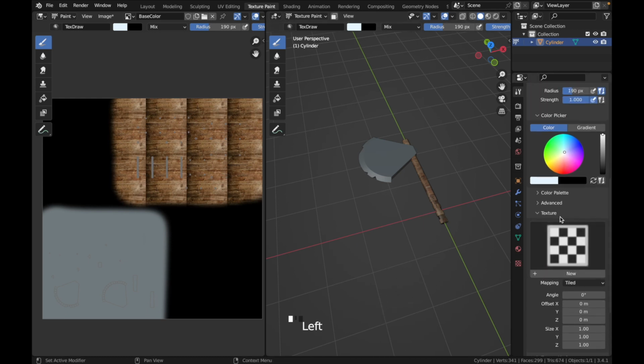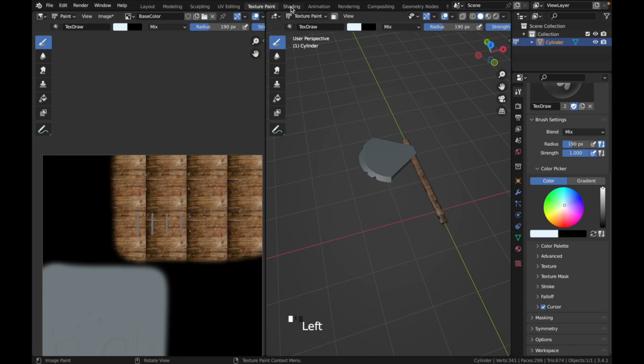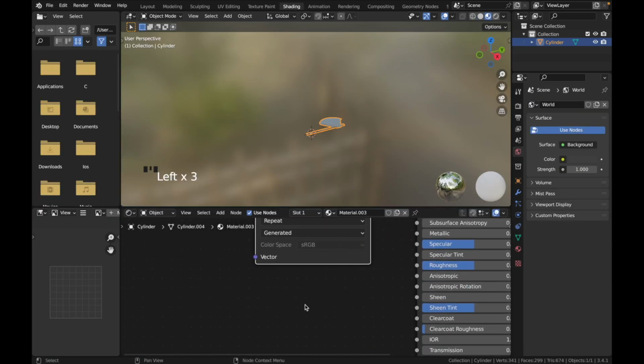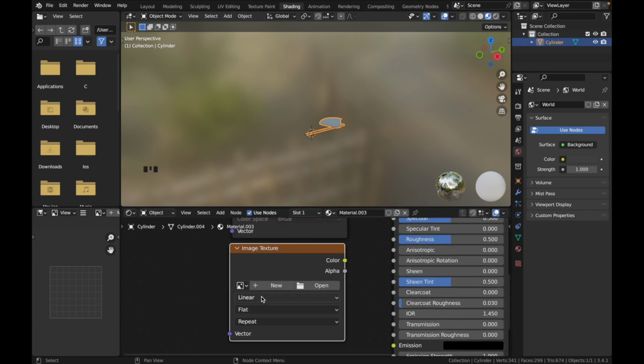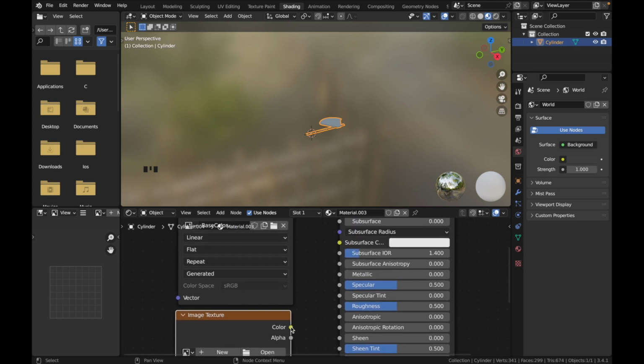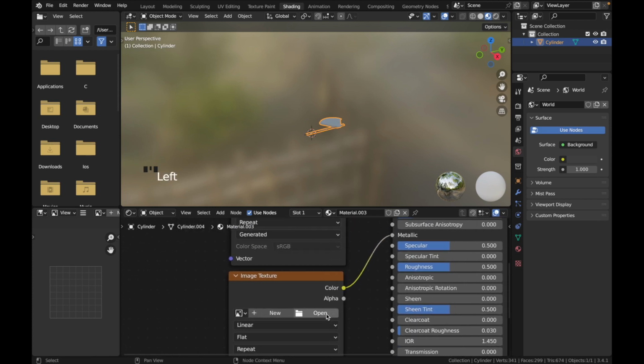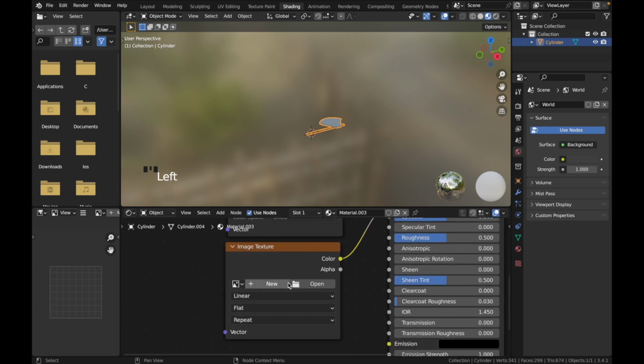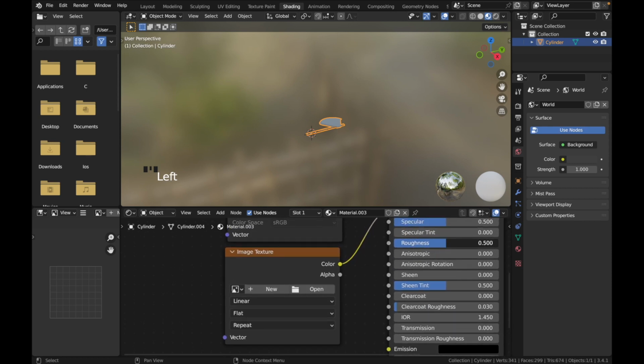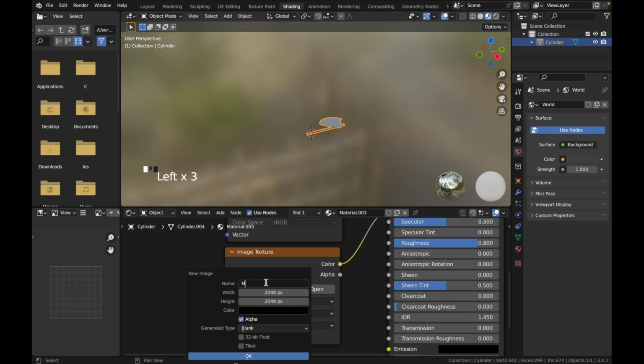Let's select this texture and close it. Go to shading window and shift A, search for image texture, and connect your color to metallic map and set the roughness to 0.8 and new texture, name it metallic map,